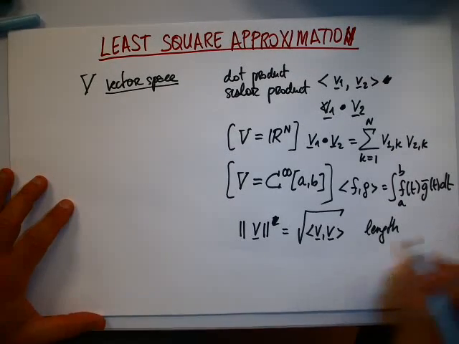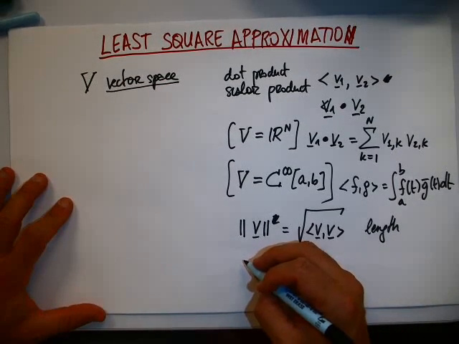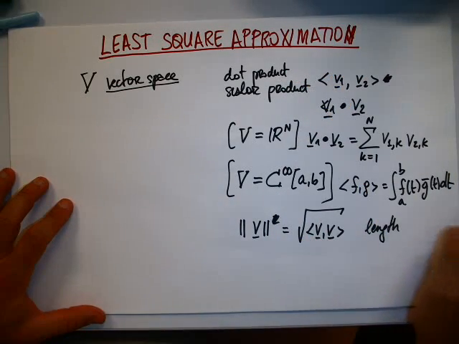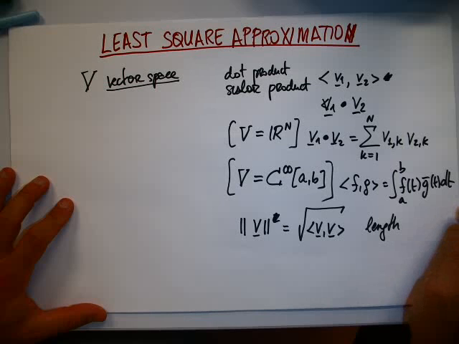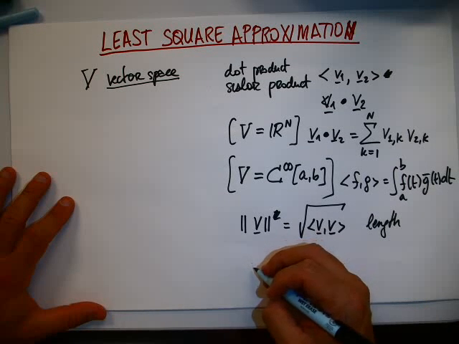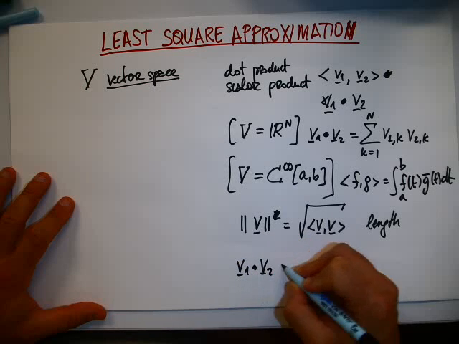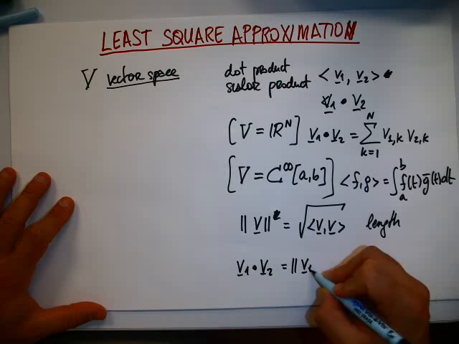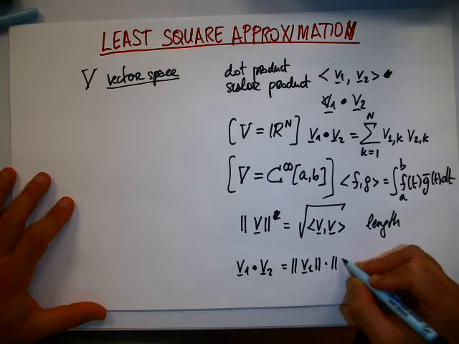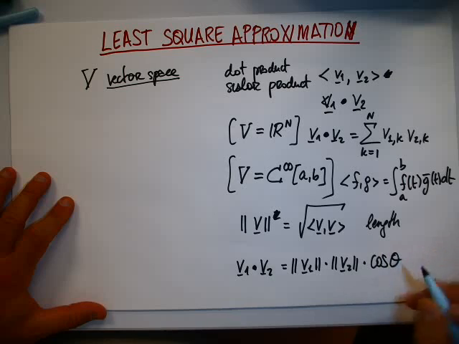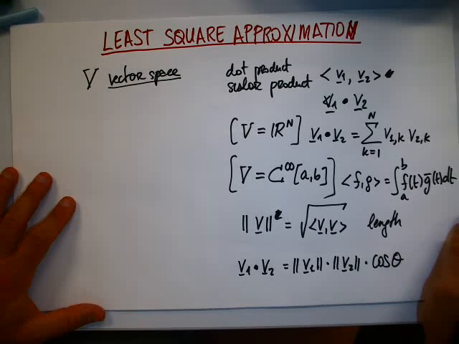And you also know that the dot product allows for a definition of the angle between two vectors, because we can define V1 dot V2 as given by